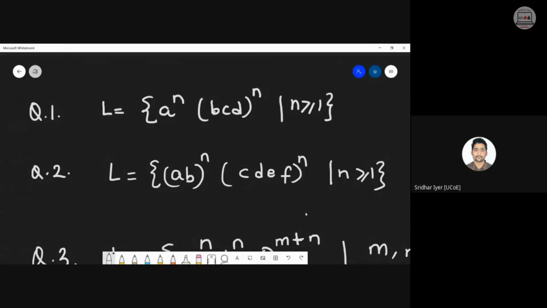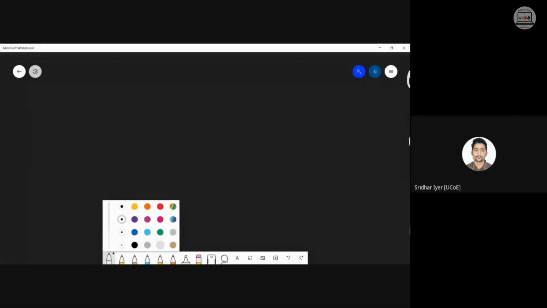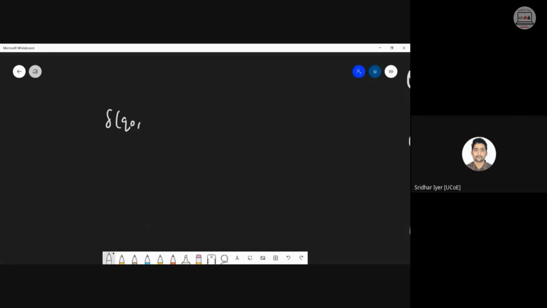Correct. For AB push x, for CDEF pop x. So basically when B comes, we need to push the x. Right? So A होगा तो उसको bypass करेंगे. Same logic. Whenever we encounter an A, I'm writing it over here. We need to bypass it, जैसे हम लोग अब तक करते आए हैं. Okay. It is somewhat like this: Q0, A, on top of R. We will simply change our state and we will go to Q1 comma R, because we are not pushing anything, right? अभी Q1 पे B आएगा तो हम लोग push करेंगे. It will be something like this, and I need to go back to Q0. Am I correct?